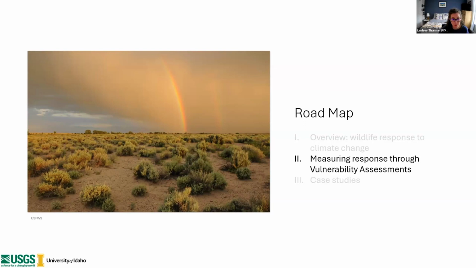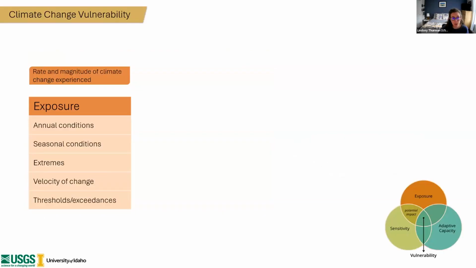It's essentially a framework for integrating vulnerability information. So I'm just going to give a quick overview here of what exactly we mean by climate change vulnerability. You may be familiar with this Venn diagram here in the bottom right, which shows traditionally the three components of vulnerability, which are exposure, sensitivity, and adaptive capacity. I just want to walk through the mechanisms by which those relate and confer vulnerability.